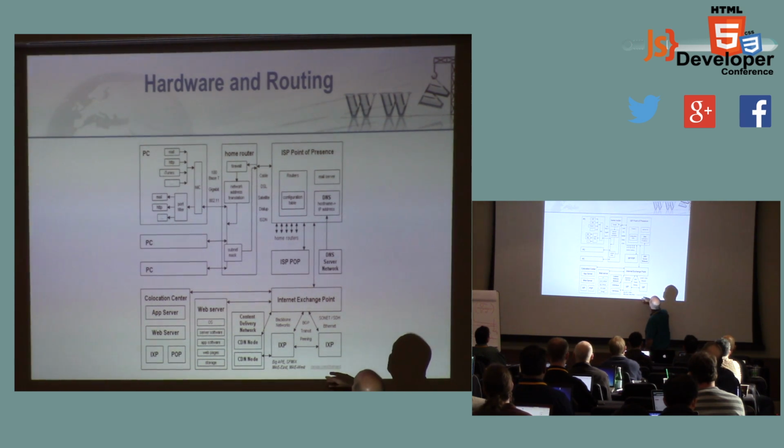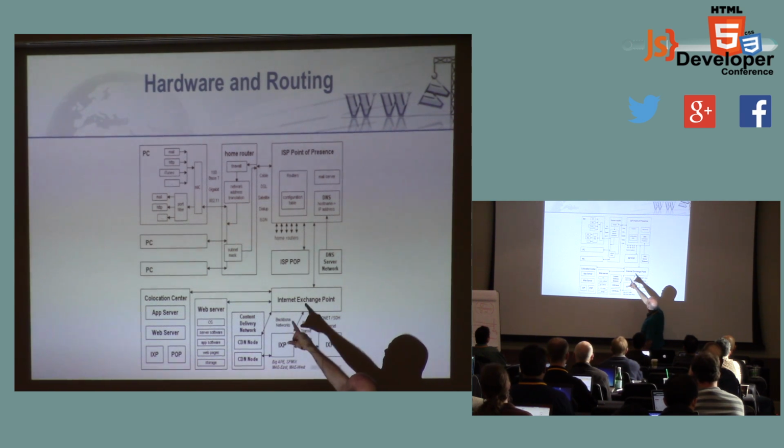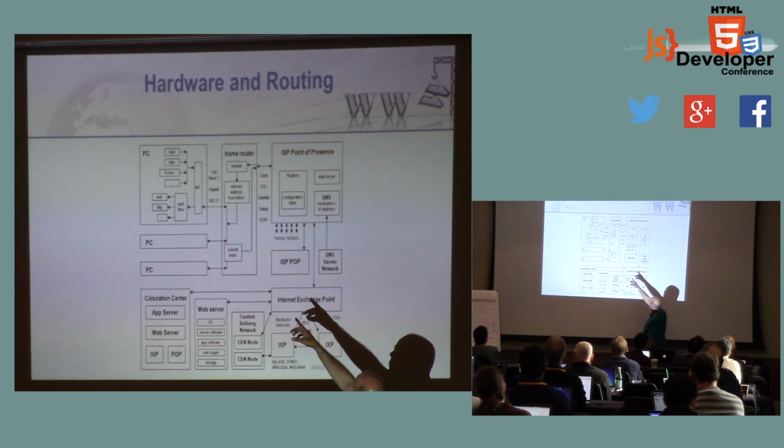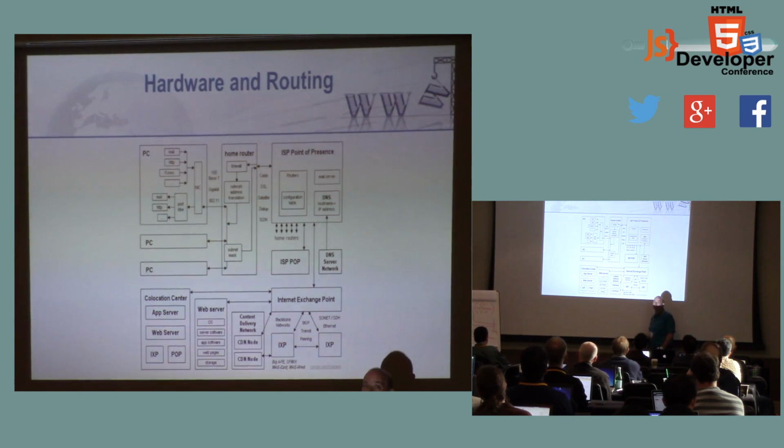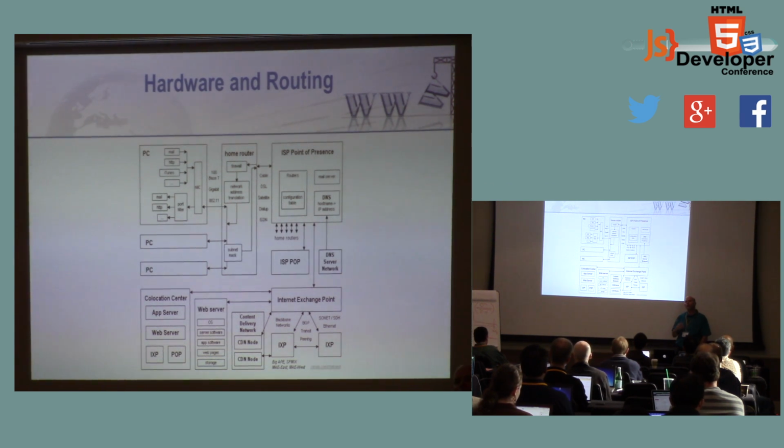So the first thing is your home, which is right there. And here's your PC, and it has an Ethernet card or a wireless card, amazingly enough. Goes out to a home router, probably a cable modem, something like that. This is all in your house. It's your responsibility to keep this stuff running. And because you don't, not you personally, but because most people manage their home networks poorly, we have very bad response times in people's homes.